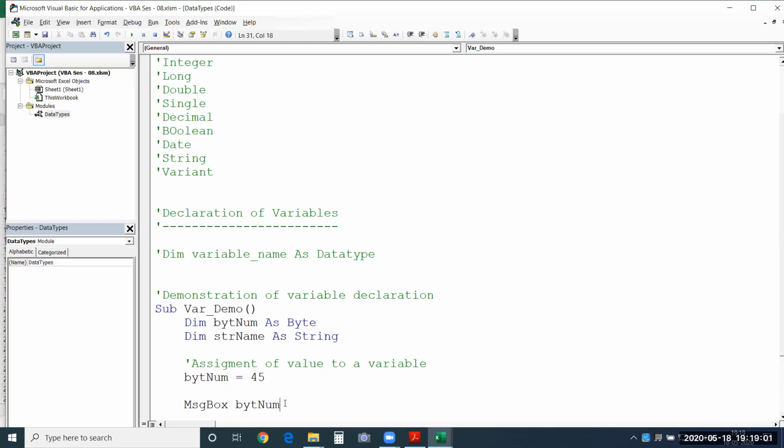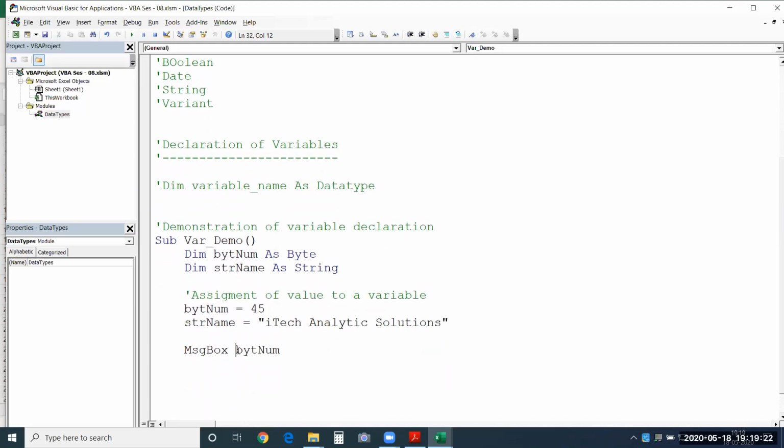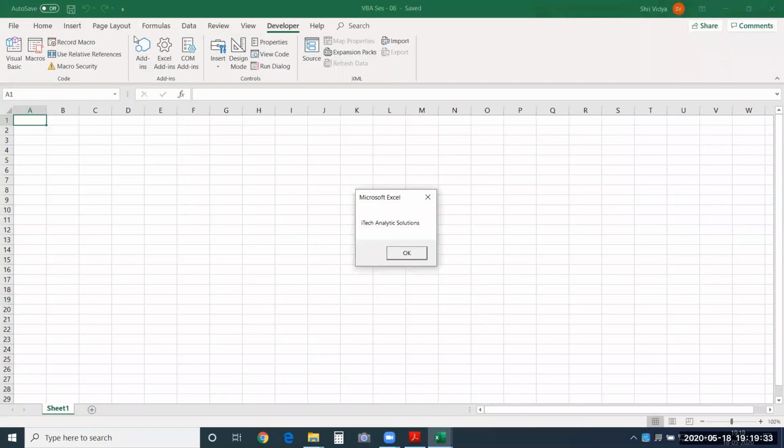Suppose I go here, str name, and I'll use this, iTech Analytic Solutions. So I'll just use the name of our institute. I want to print the name, so I'll just say str name. I'll change the name of this variable. I'll run this so you can see this here.